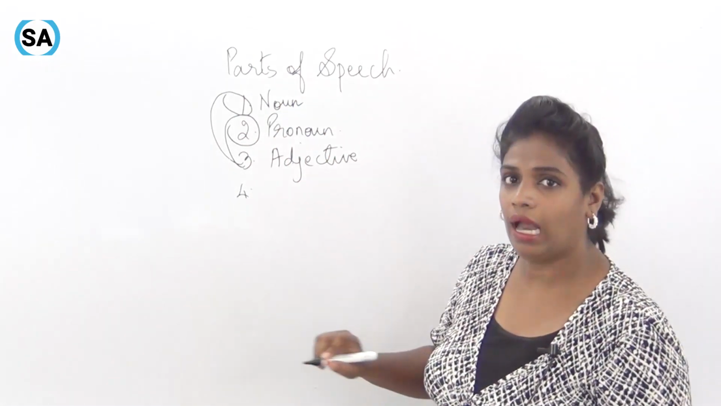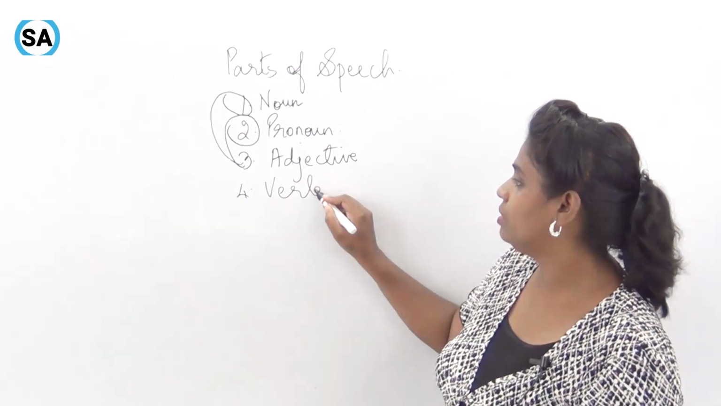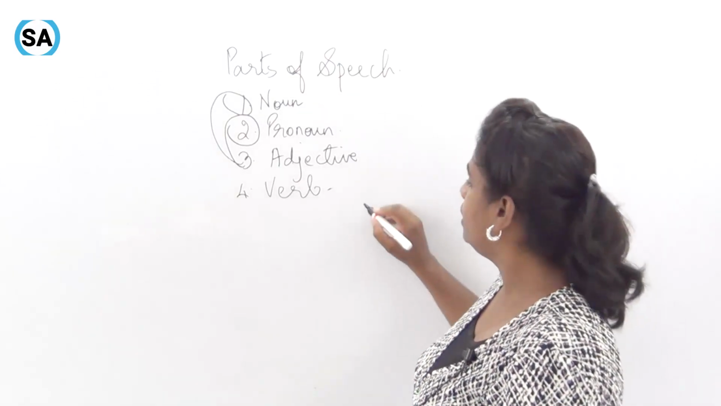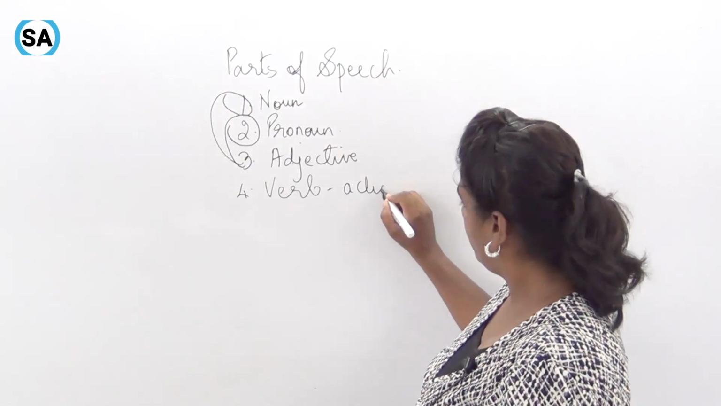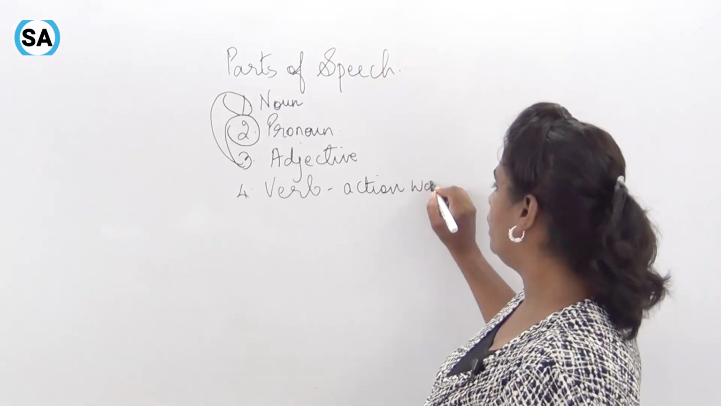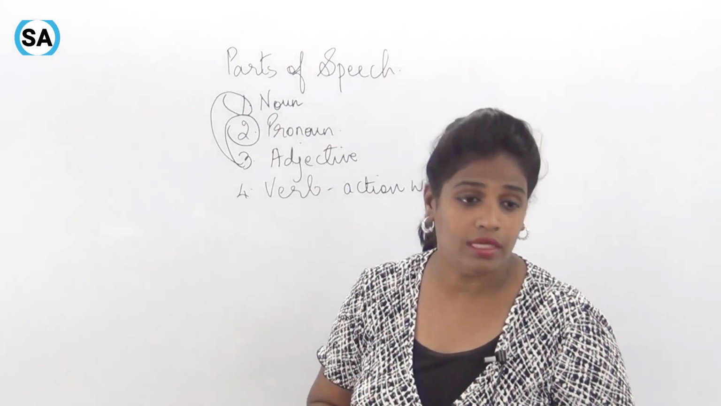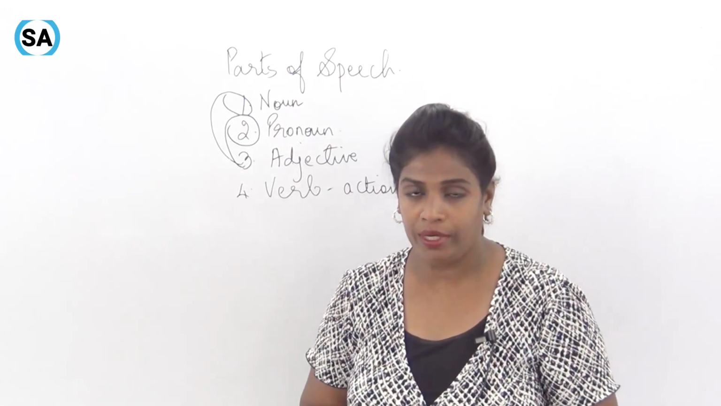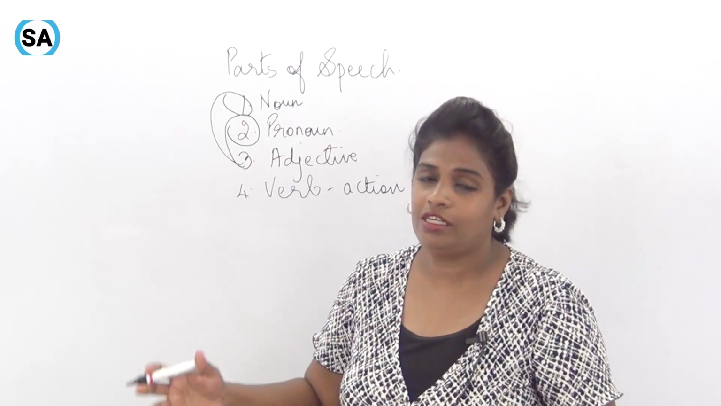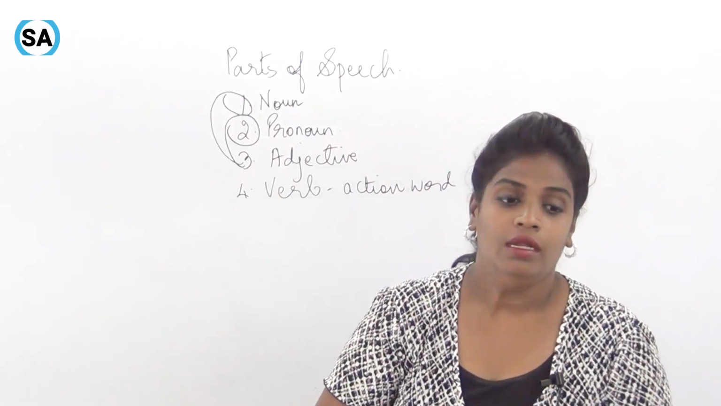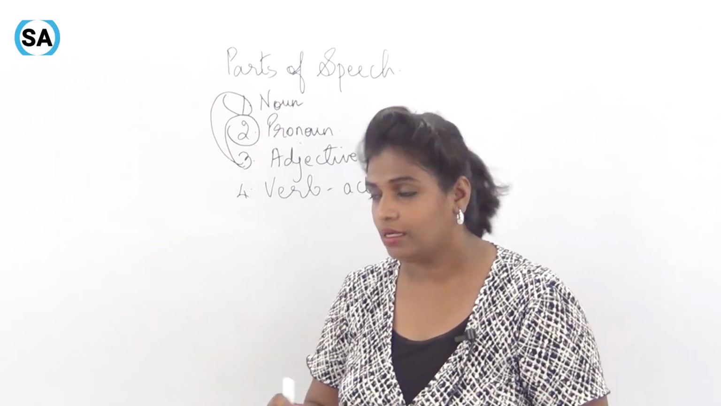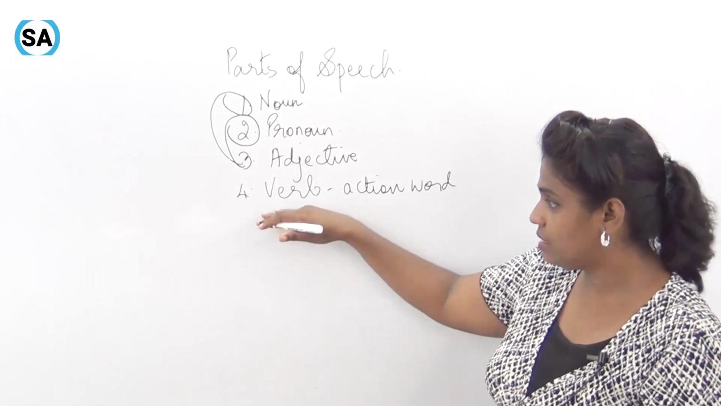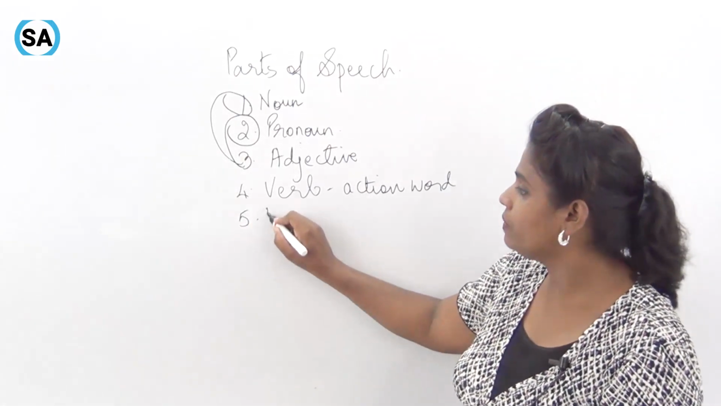Then we have verb. What is verb? We all know, since we have studied this in lower classes. It's an action word. Any action done is a verb. Seema is skipping. Skipping is a verb. A teacher is teaching. So teaching is a verb. Rahul is writing. Writing, it's a verb. It's an action word. So any action done, it is a verb. Then after verb, we have